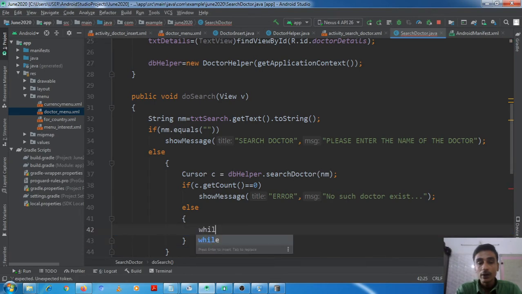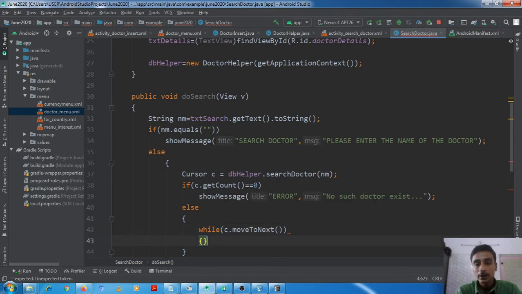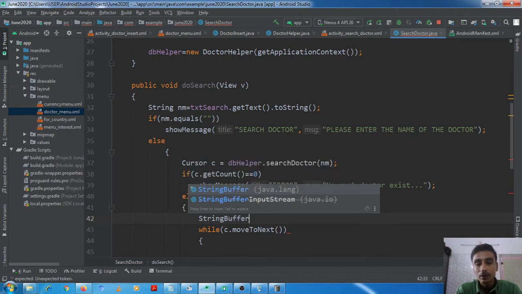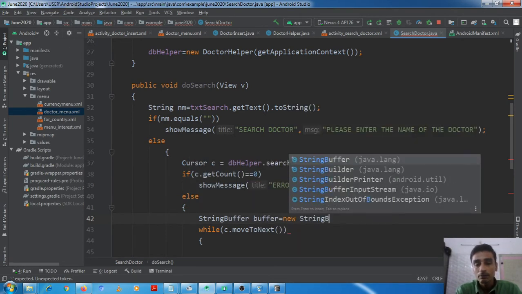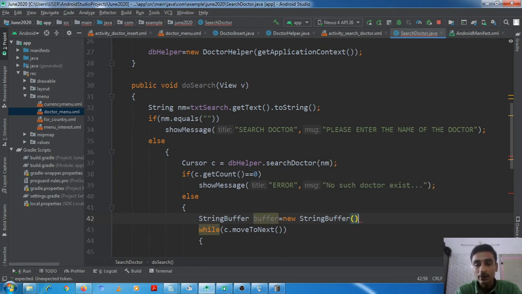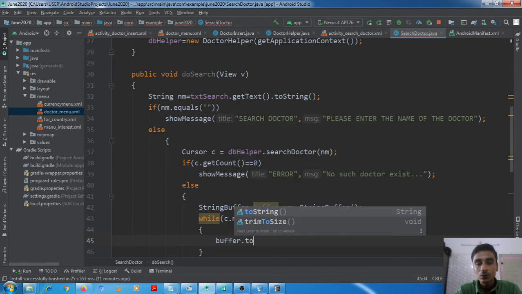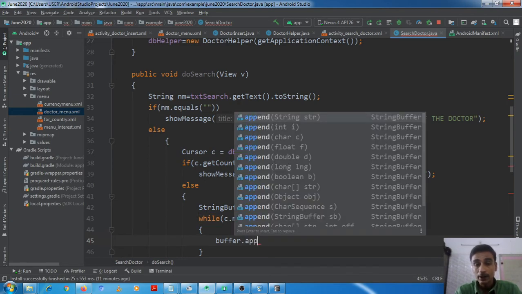We should have a while loop, while c dot move to next. Before that we should define one string buffer equal to new string buffer, which will be initially empty. Buffer dot to string, buffer dot append.